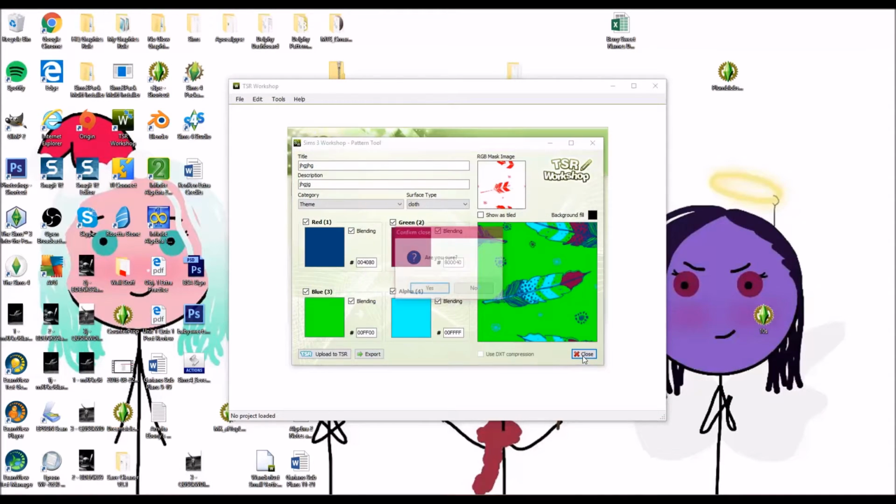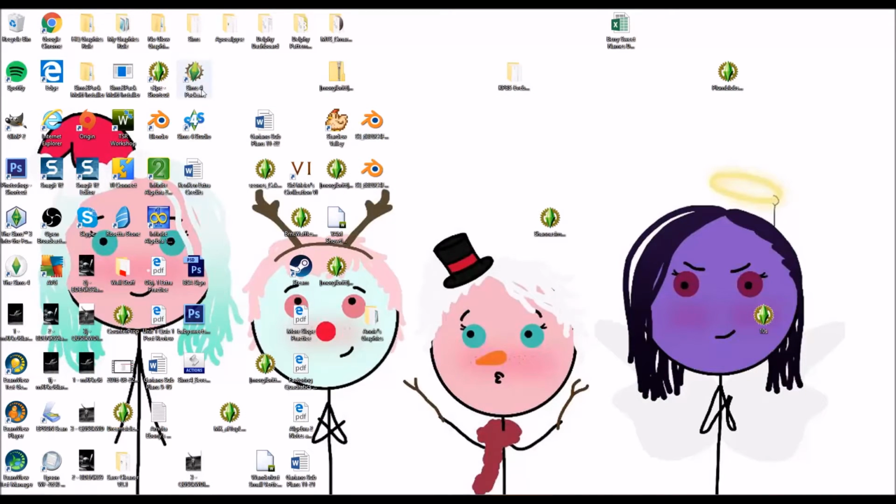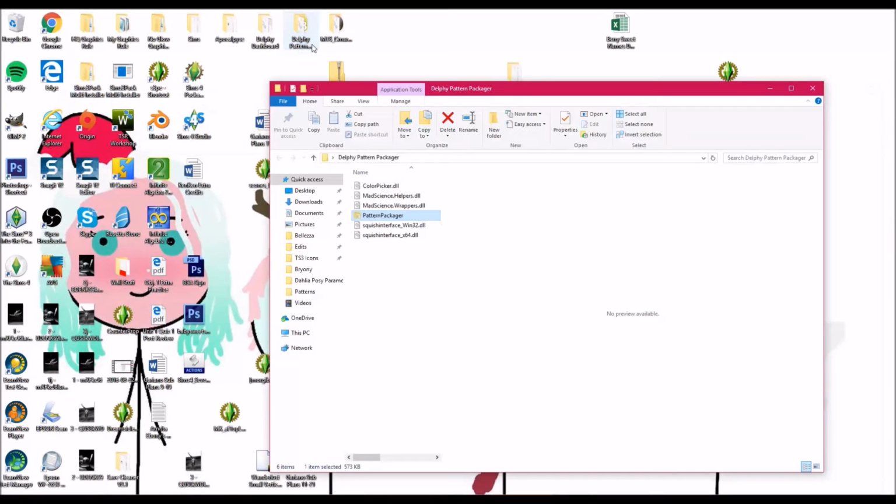So I'm going to close this. I prefer not to use the Sims Resource Workshop because mine kind of glitches out and closes every once in a while, which gets irritating. So I prefer to use Delphi's Pattern Packager, which I'll put a link in the description for that. You open up Pattern Packager